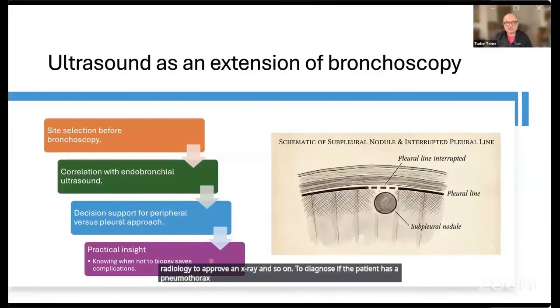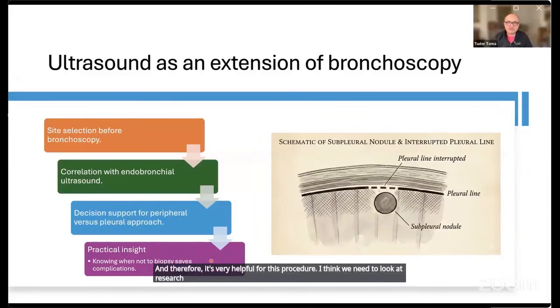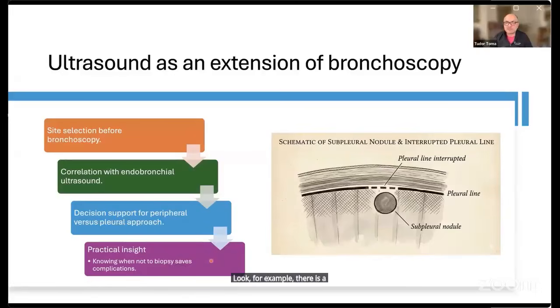The ultrasound is very sensitive in showing that the patient doesn't have a pneumothorax, and therefore it's very helpful for this procedure. I think we need to look at research and development in this area, because, for example, there is a paper which shows that the